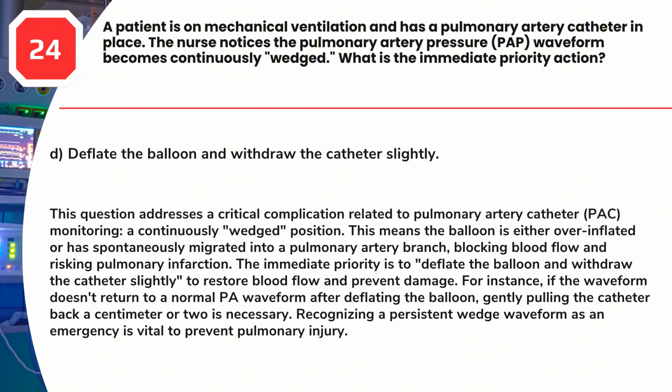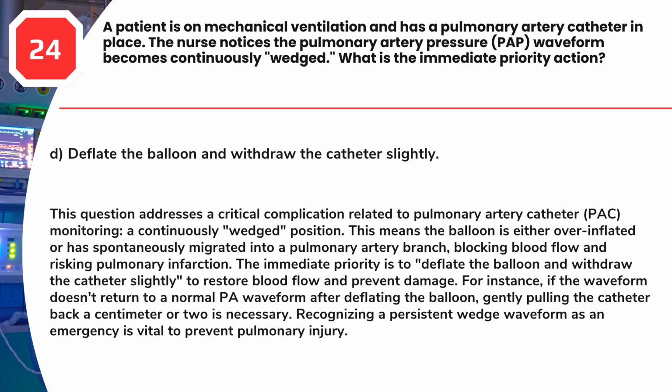Answer D. Deflate the balloon and withdraw the catheter slightly. This question addresses a critical complication related to pulmonary artery catheter (PAC) monitoring, a continuously wedged position. This means the balloon is either overinflated or has spontaneously migrated into a pulmonary artery branch, blocking blood flow and risking pulmonary infarction. The immediate priority is to deflate the balloon and withdraw the catheter slightly to restore blood flow